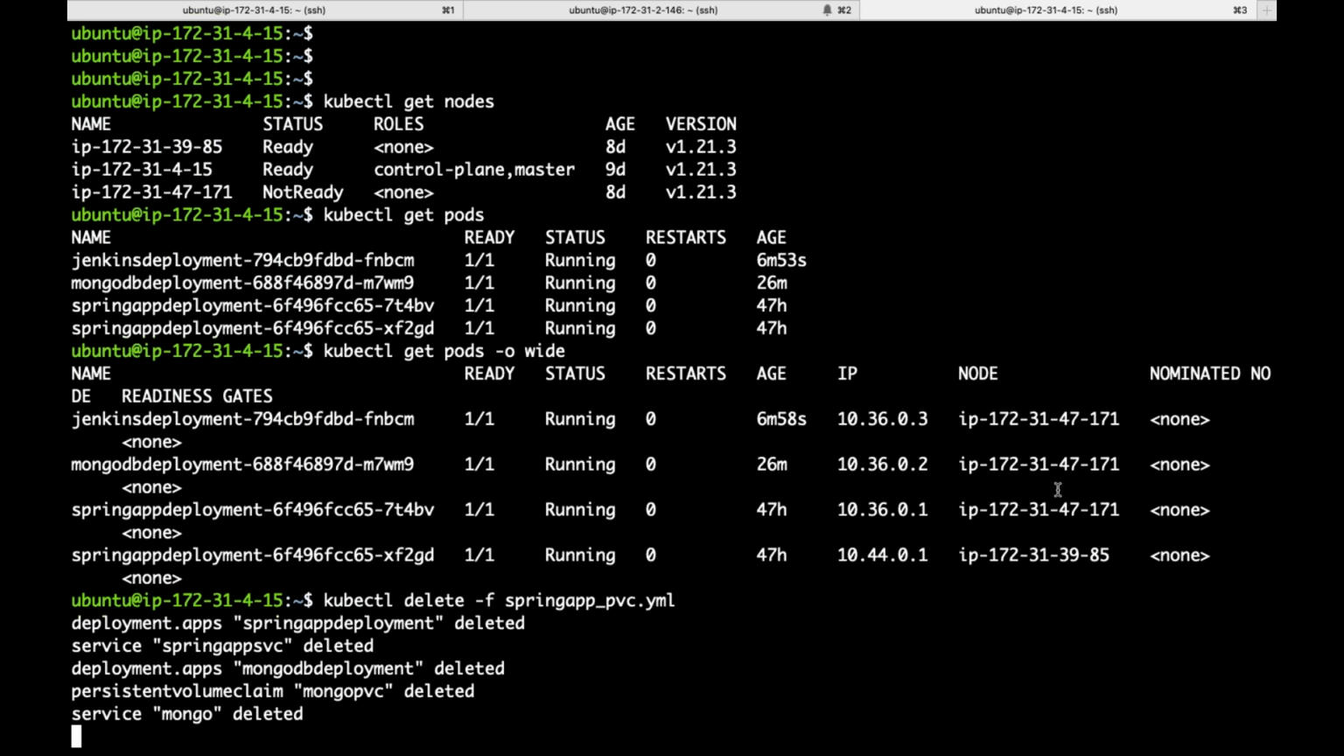So that's why when you are practicing, don't deploy too many applications, too many pods. If you want to deploy a lot of applications, make sure instead of using T2.micro as a worker machine, you use T2.medium or T2.large, right? If you are using T2.micro,